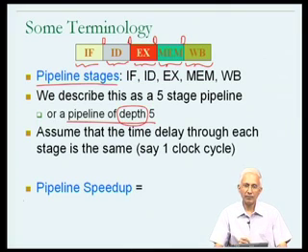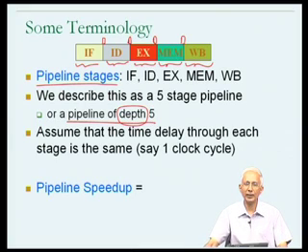Now the principle behind trying to come up with this speedup is that we understand that by using a pipelined processor rather than a processor which is not pipelined, in other words one without the buffering, one in which a single instruction is completely executed before the next instruction is fetched, I could compare the performance of a pipeline processor with the performance of an equivalent non-pipeline processor using this